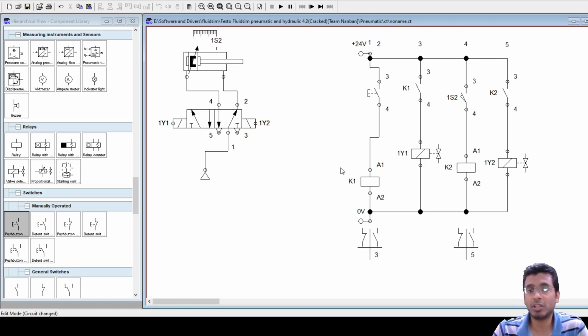Now for your electronic sensors, what was your labeling nomenclature? What did we use to represent it? Which letter? Anyone? Capital letter B. Okay. So basically we'll be using 1B2 here. Fine. And then yes, your B2.